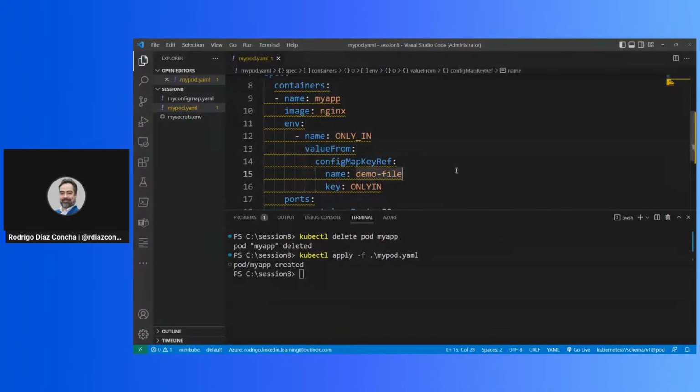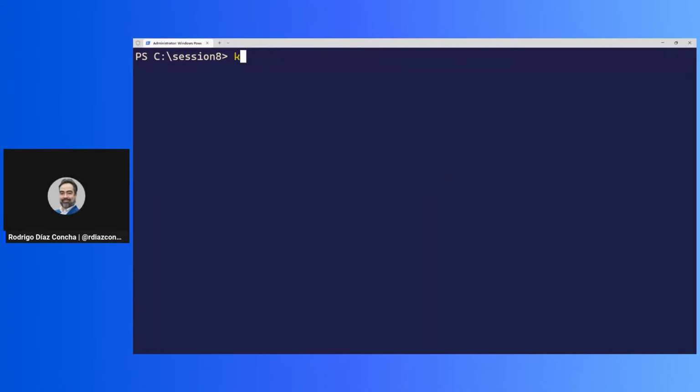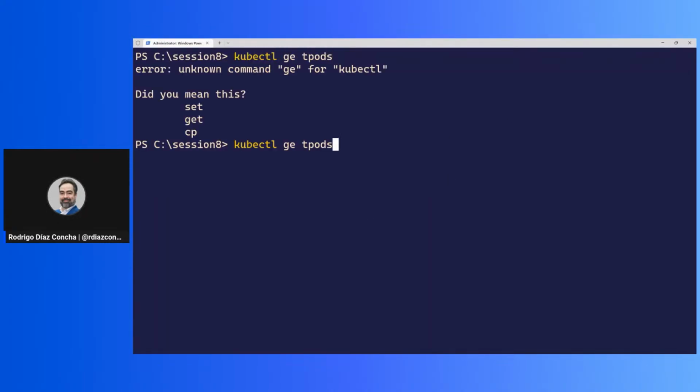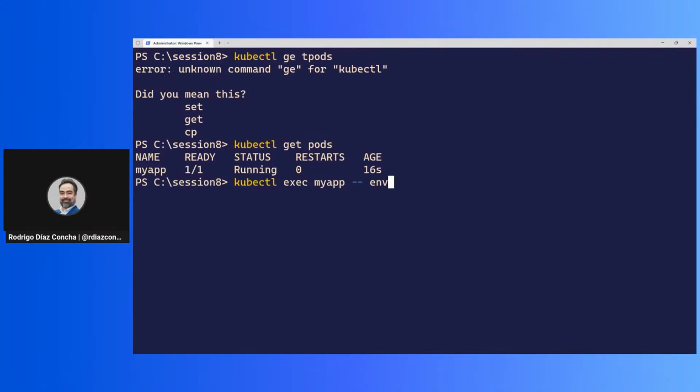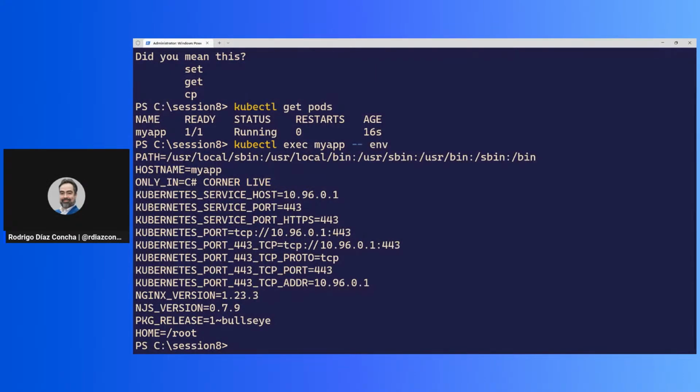Yes, that was the error. And okay, let's go back to the terminal because I don't have enough space here. So I have the pod again, get pods, okay, kubectl exec my app env, and as you can see,